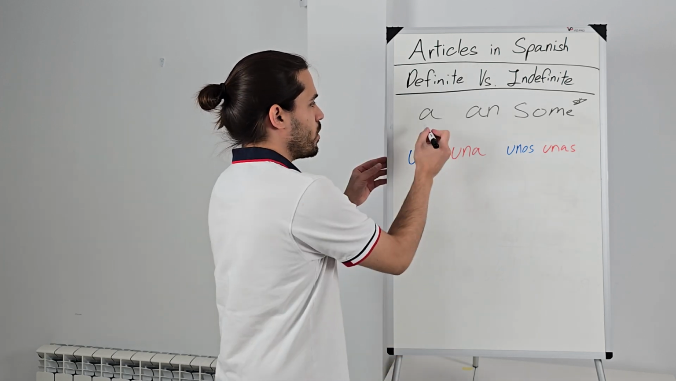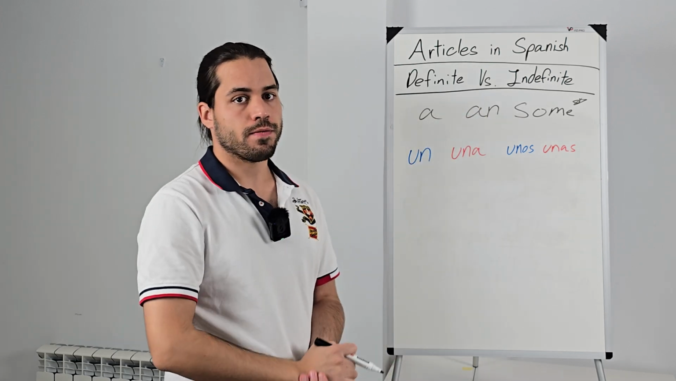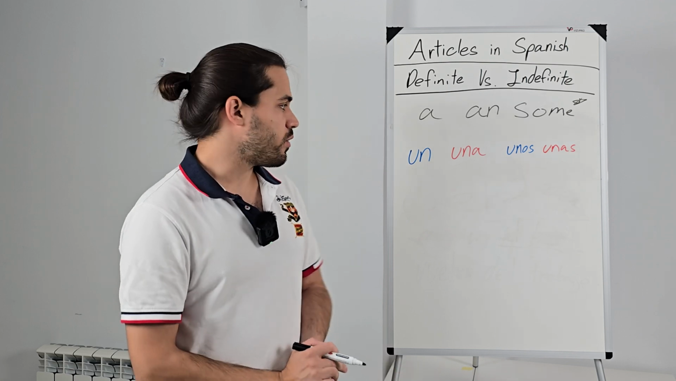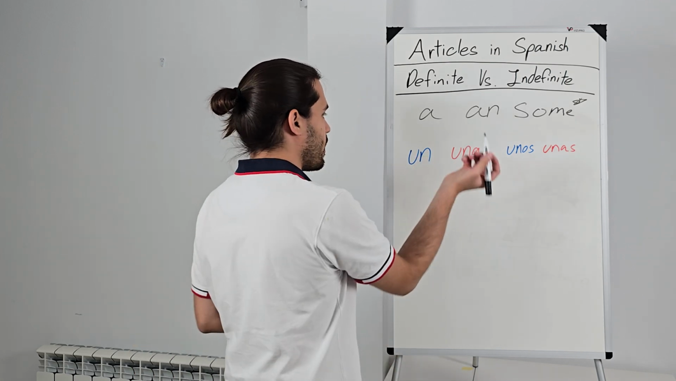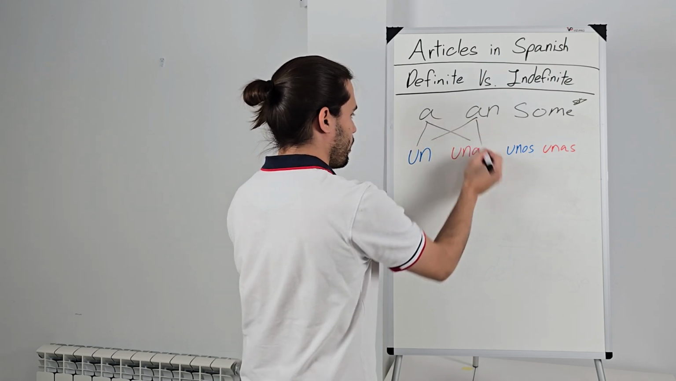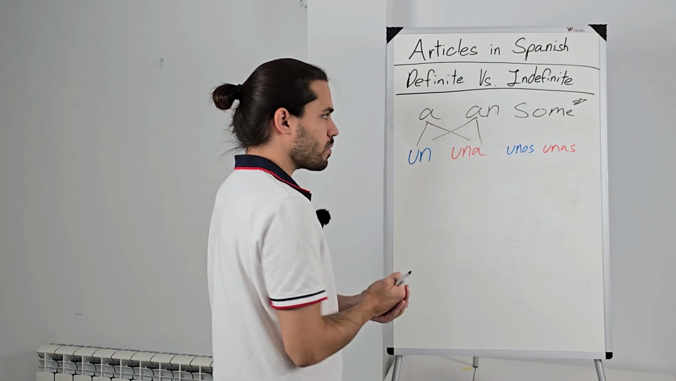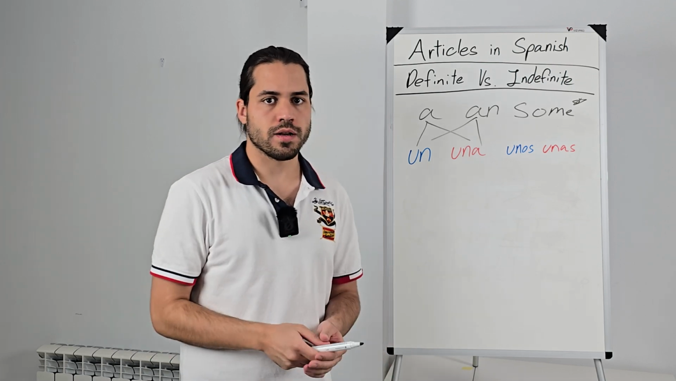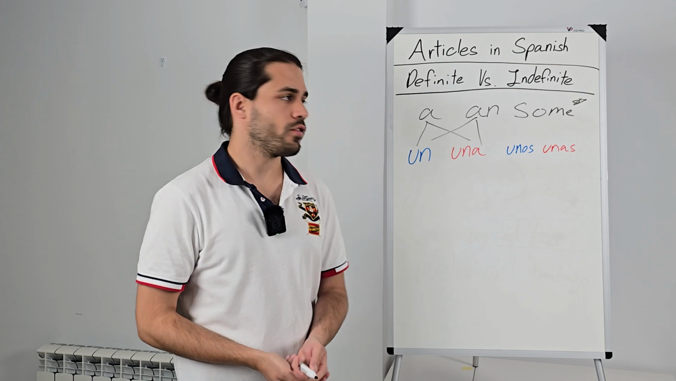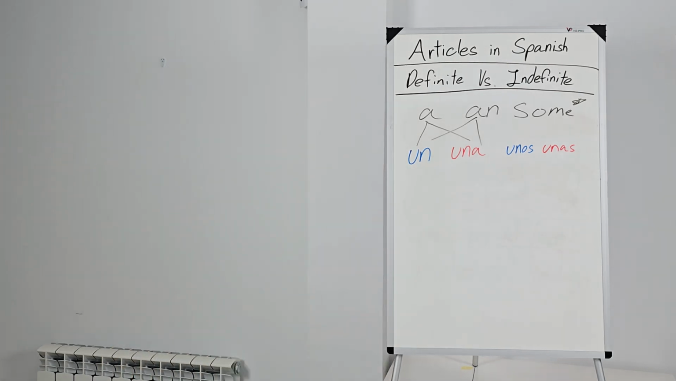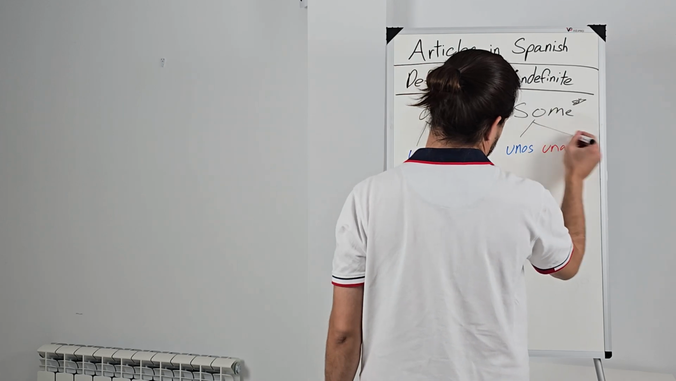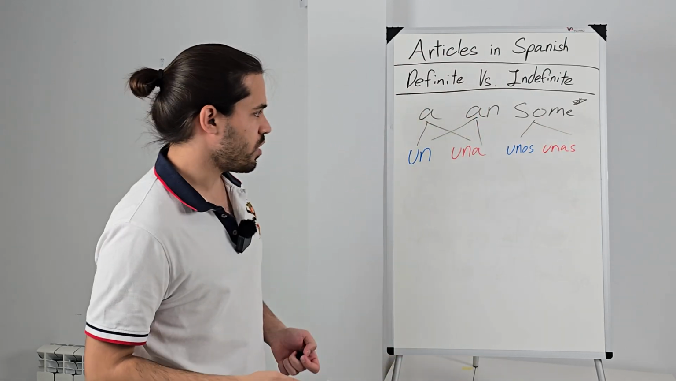So you know how in English we use a or an depending on if the following word starts with a consonant or a vowel? In Spanish, it's a little bit different. A and an are both un and una, right? There's no distinction between if you're using it in front of a vowel or in front of a consonant. Some, on the other hand, means unos y unas,